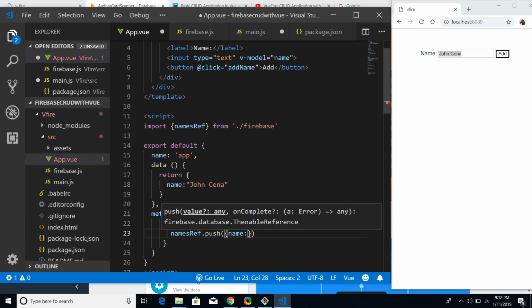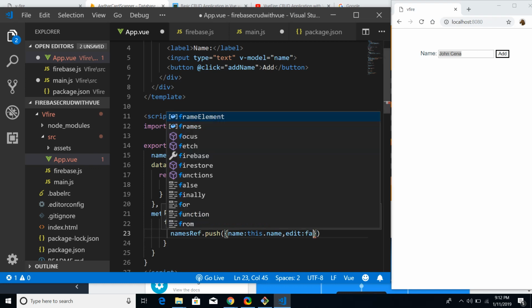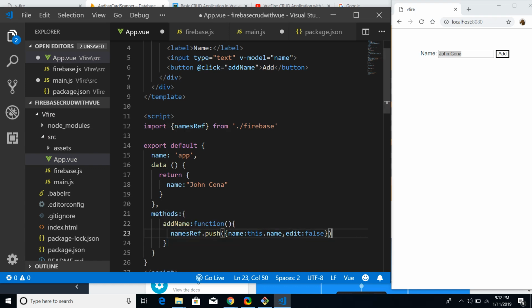So I want the name field in the database to be captured with this.name, the variable that I declared in the data section here. This is the variable we access by the this keyword, this.name. After that I will also be taking an edit field here, which will be storing whether the name is being edited or not. So let me initialize it to false here. So if I just save this here and also refresh this,